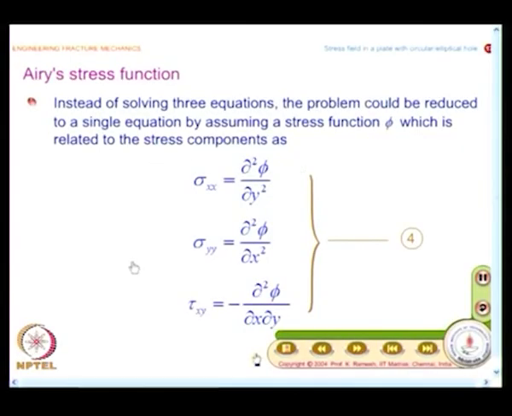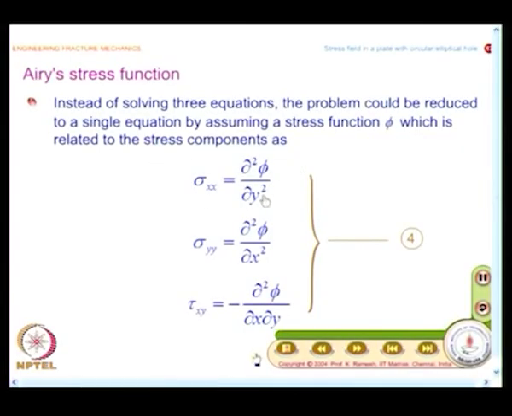So, what we would try to show is, by just finding out phi, we would immediately get to know what is the sigma x stress component, sigma y stress component, tau x stress component. So, instead of 3 unknowns, we would modify the set of equations to determine only one function phi. The moment phi is known, the problem is solved. Once I get the stresses, go to strain, then go to displacement, and the equations are given like this: